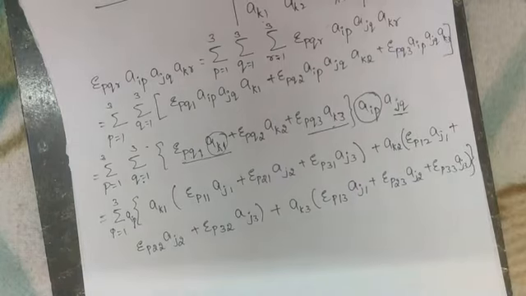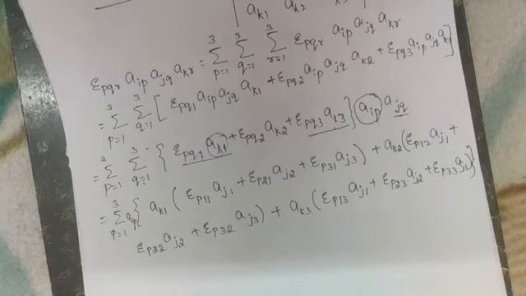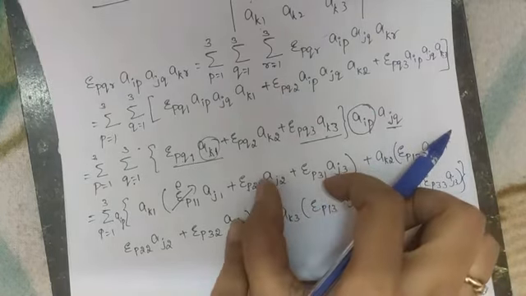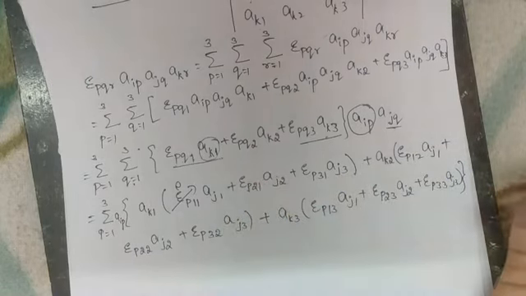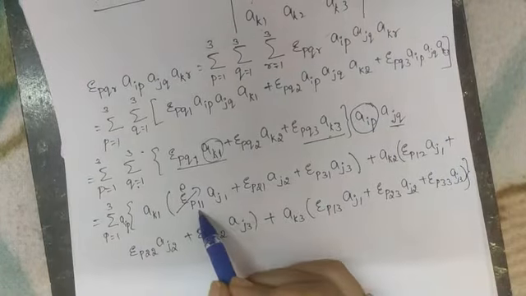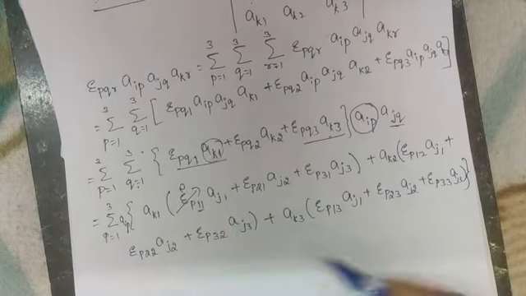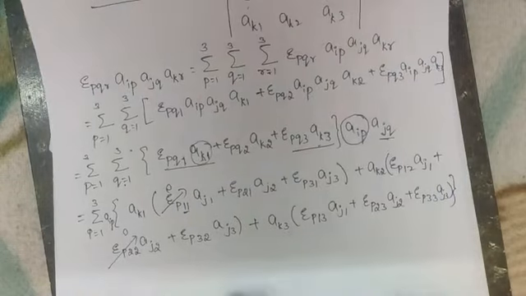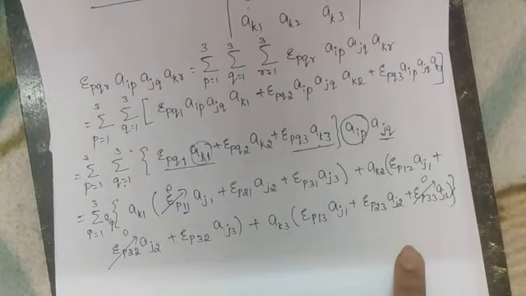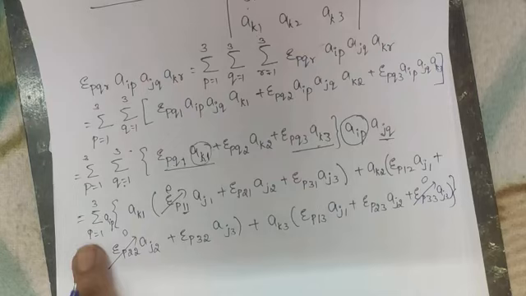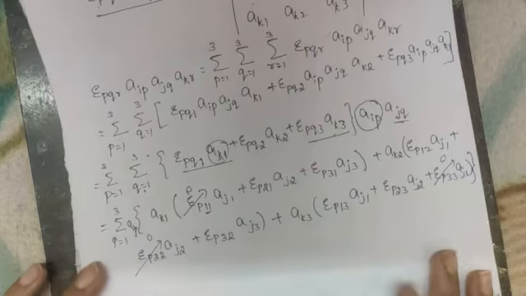Right? So using the definition of epsilon ijk, I can say that this is 0. Depending on the value of p, I will decide whether these two terms will become 0 or -1 or +1, right? But here, since the variables are repeated twice, this will obviously become 0. Similarly, this term will become 0 and this term will become 0. Right? So now expand over p. I have to expand this summation now.